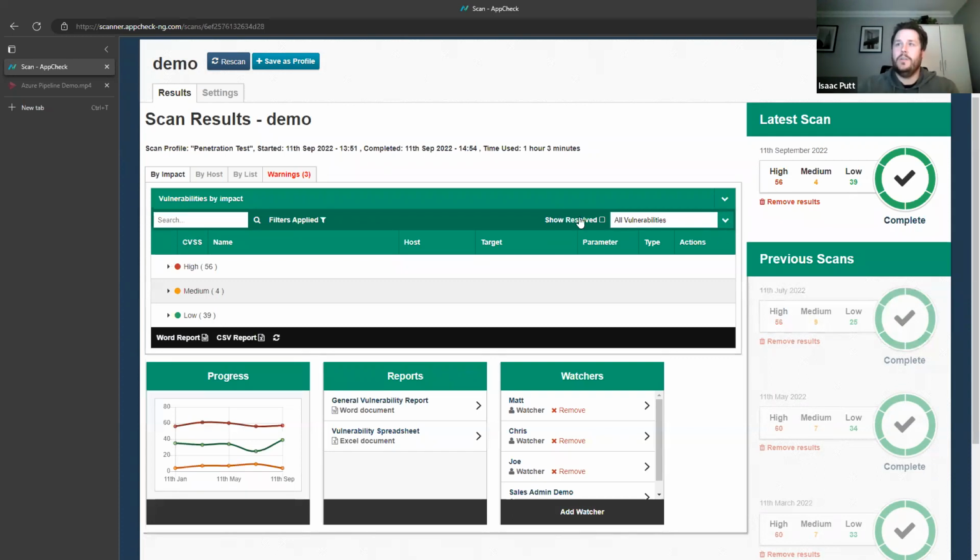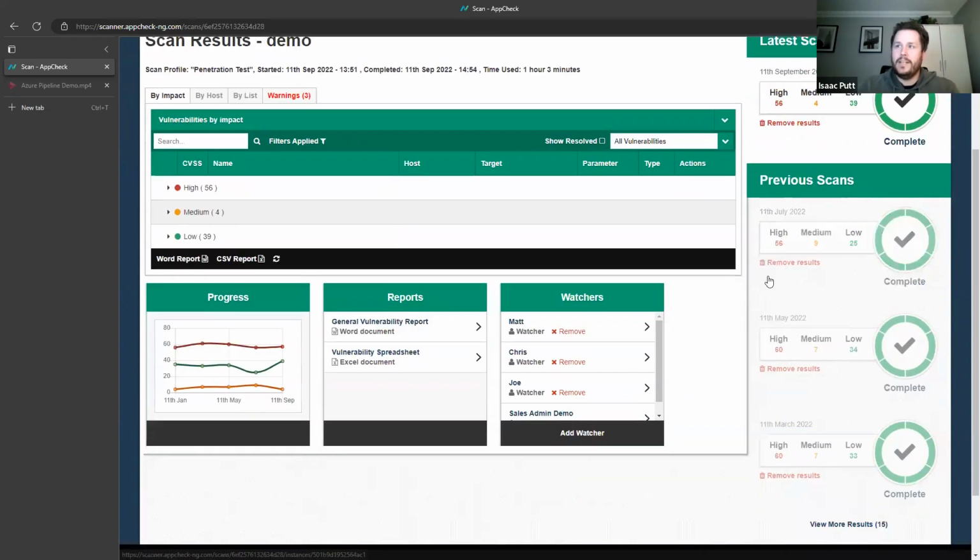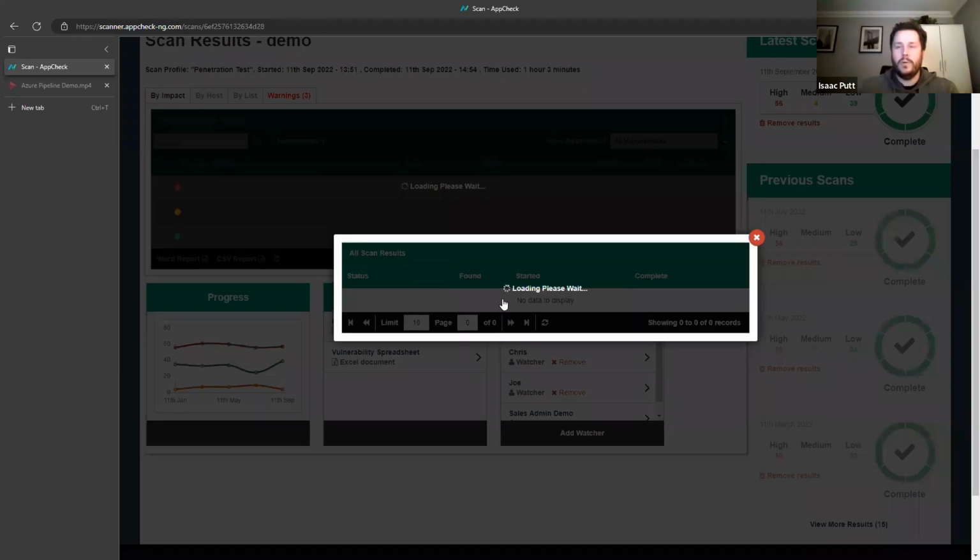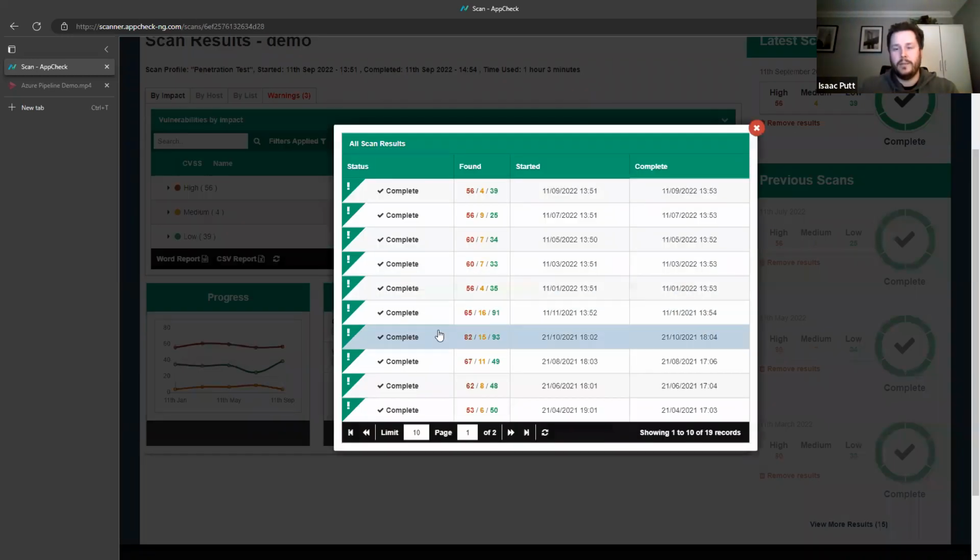So if you go over to this right-hand side, we've got previous scans. Let's say you started setting these tests up and running them today. What you would effectively have a year from now is a report and an audit process for all tests that are completed right back to the day you started testing. So if I click into October 2021, as an example, I can now look at the actual results of the test that occurred at that time.